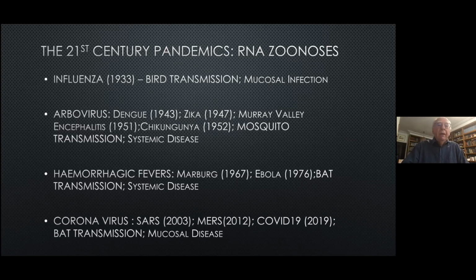The next group are the hemorrhagic fevers. The most classic ones are Marburg fever, which is mainly in Africa, and Ebola, which you have heard of, and these are both transmitted by bat transmission, and again, they're lethal systemic diseases, characterised by bleeding and overwhelming sepsis from the viral infection. Now, the last of these four are the coronaviruses, and that's very relevant today because we know